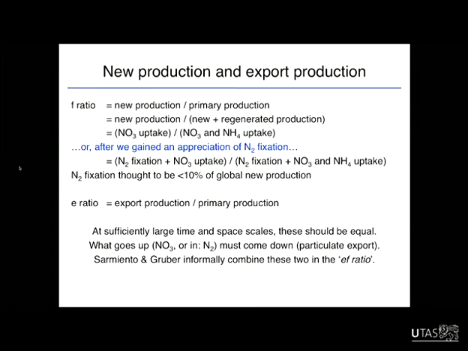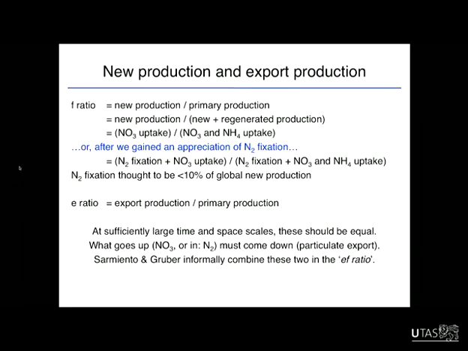Whereas in the subtropical gyres, where there's very little input of new nitrate, there's no active upwelling and there's very low rates of vertical mixing, most of the productivity is happening or subsisting on ammonium, and so the F ratio is probably about 0.1. So only 10% of the productivity is by the active input of nitrate.